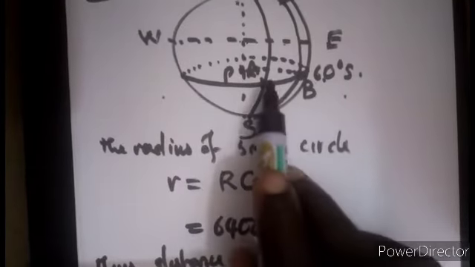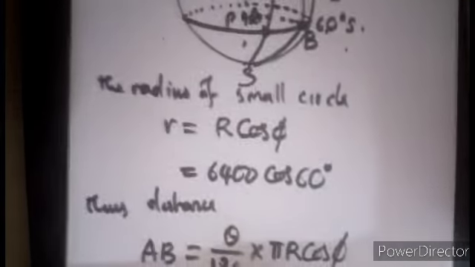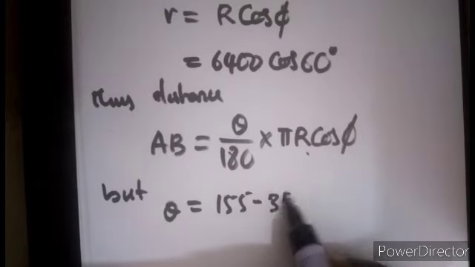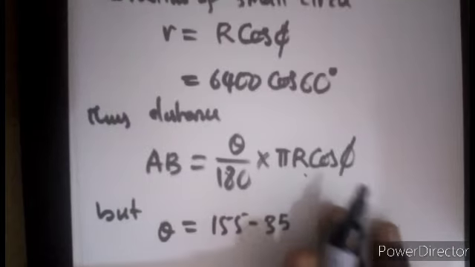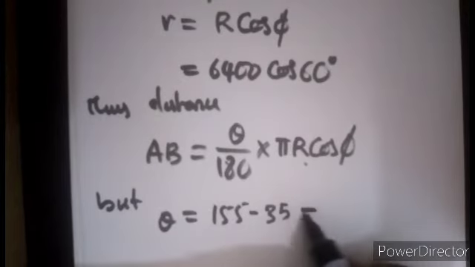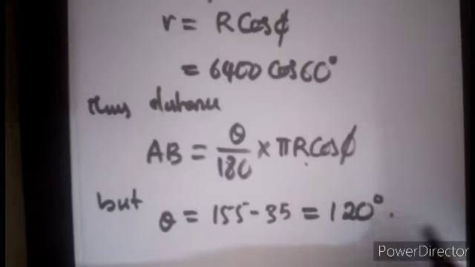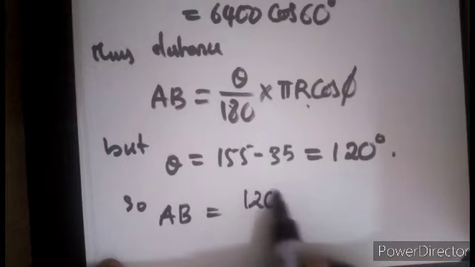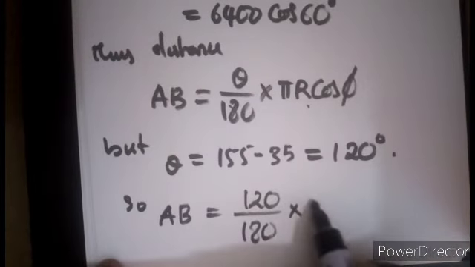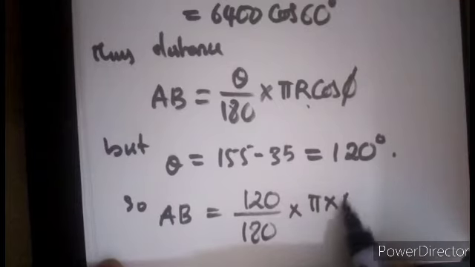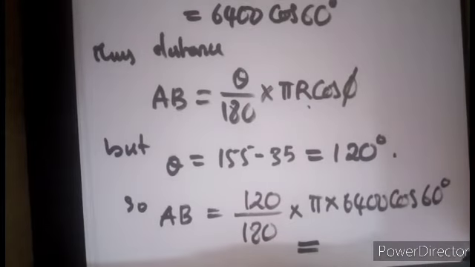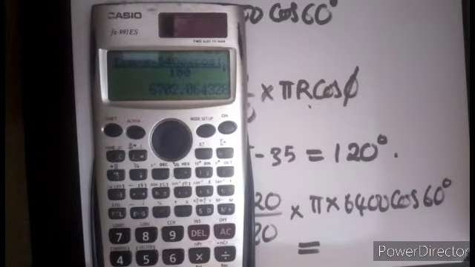Now you notice the 2 points are on the same latitude, and on the same side of the longitude. So what we do, we take the difference. So we have 155 minus 35, giving us 120 degrees. So AB is 120 over 180 times pi times 6,400 cosine of 60 degrees. All this, using our calculator, gives us